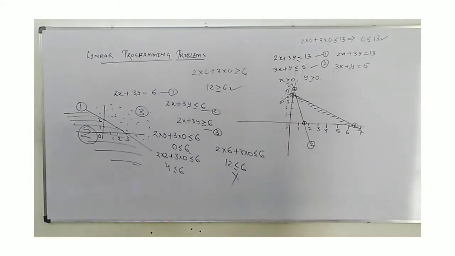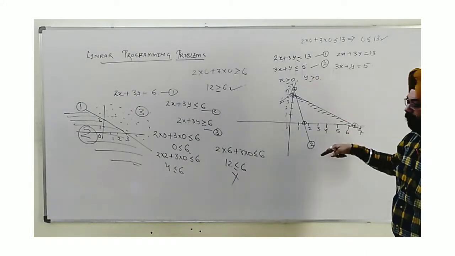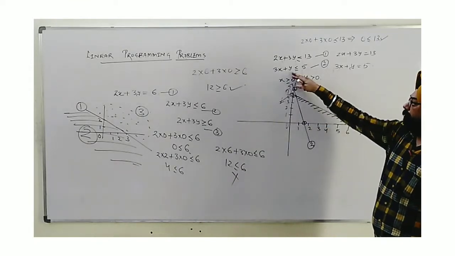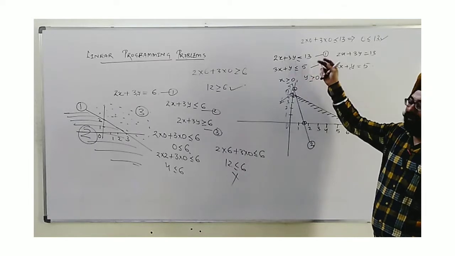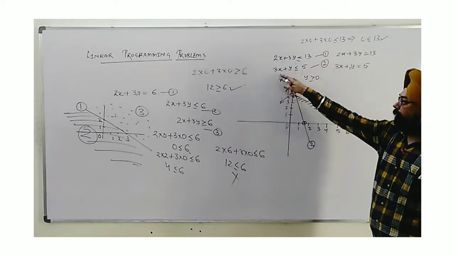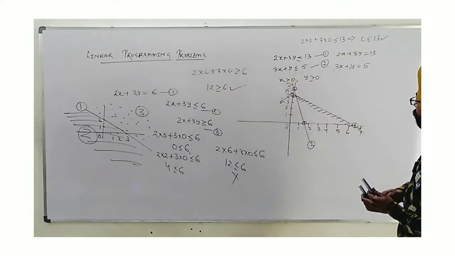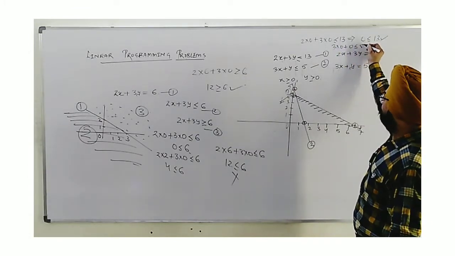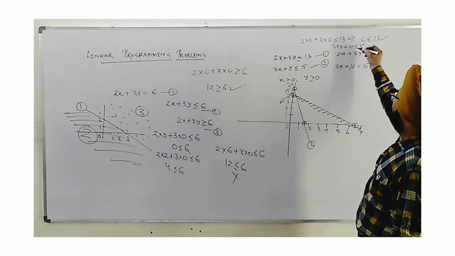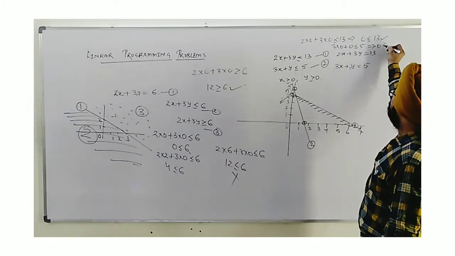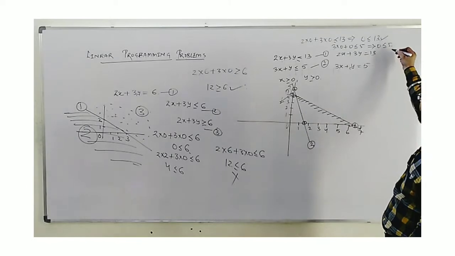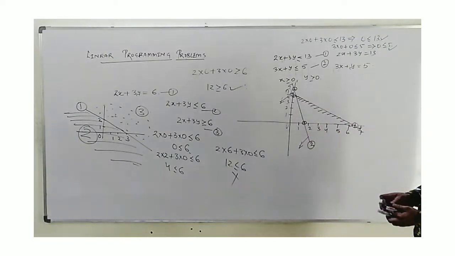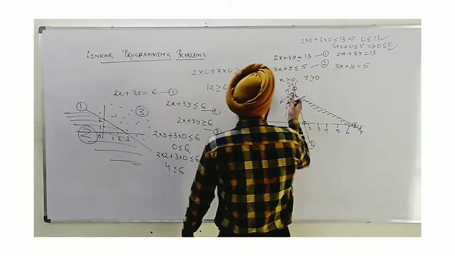Second one, I say again, this also divides the plane into two regions. So to check where to shade, we need to put one point of convenience for calculation, and again I will pick 0, 0. So if I put here 3 into 0, I see 3 into 0 plus 0 is less than or equal to 5. Solving, I see 0 is less or equal to 5, which is a true statement again. Means I need to shade towards origin. So I can shade here towards origin.